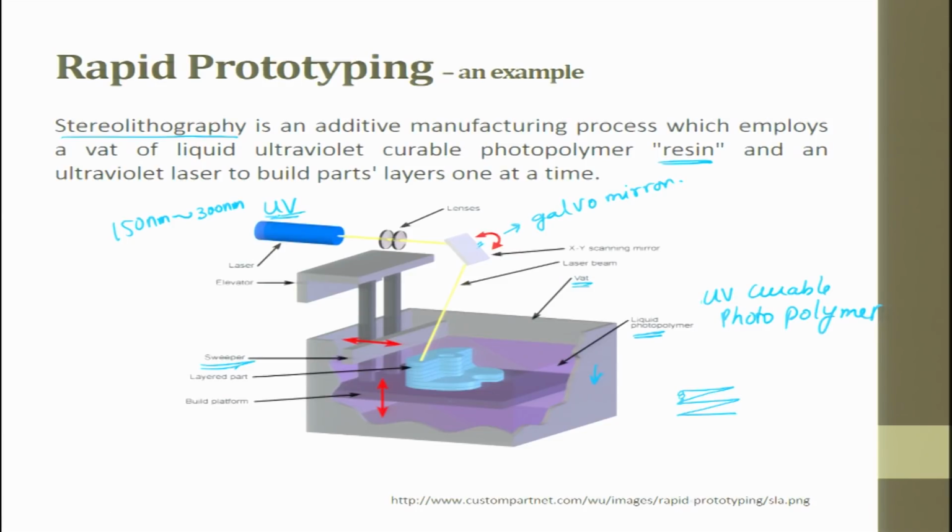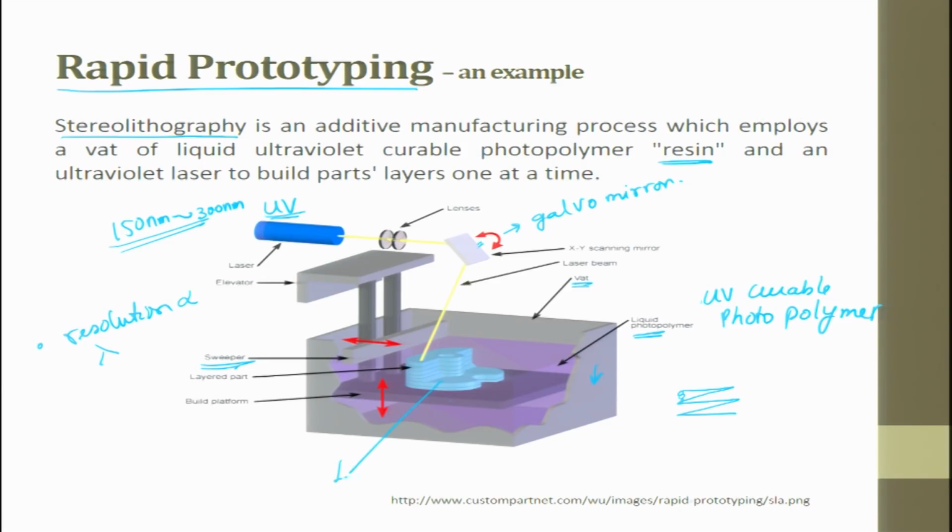Okay. And by looking at the wavelength itself, you can decide that the resolutions are very good. Resolution is directly proportional to the wavelength. So, if the wavelength is small, the resolution of the feature getting built is high, and on top of it you have these lenses to modify the beam quality or the beam shape. Okay. So, this is a typical, simple example of a rapid prototyping technique.